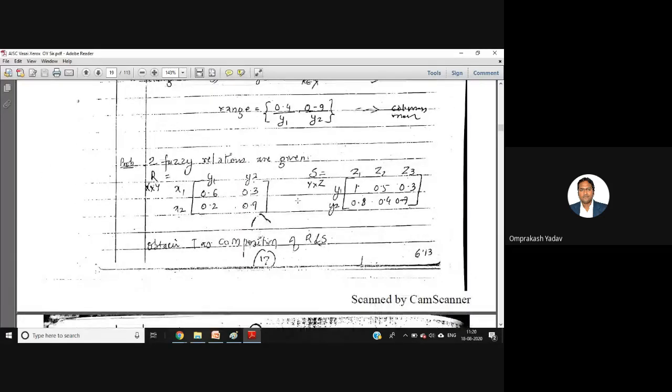Similarly, if you take the second one, 0.6 multiplied by 0.5, that is 0.3, and 0.3 multiplied by 0.4, so it will be 0.12. So 0.3 will be max. Okay, so we'll be writing over here 0.3. So basically in the max product, directly multiply and then you select the max product of that. In max-min composition, compare and then select the first min and then select the max. And in min-max, simply it's the reverse of max-min.